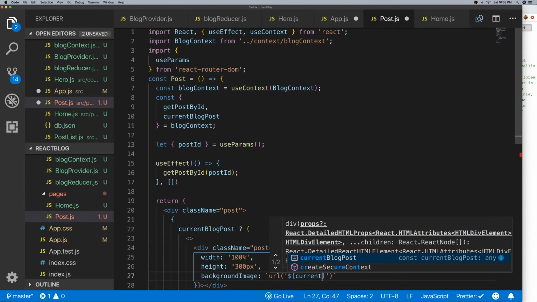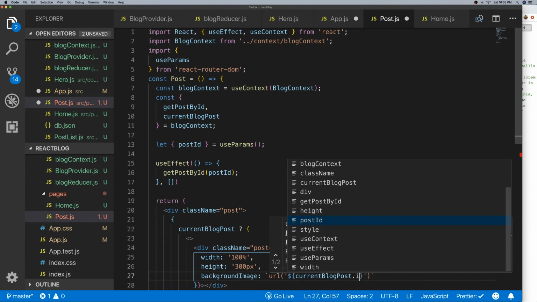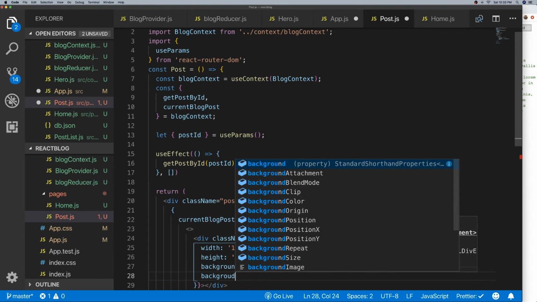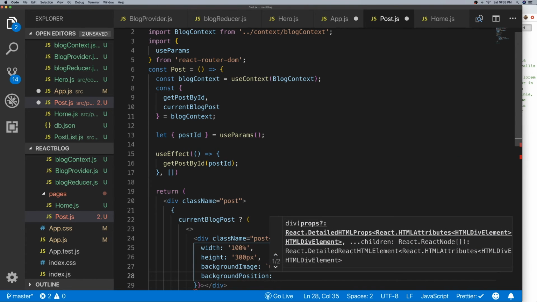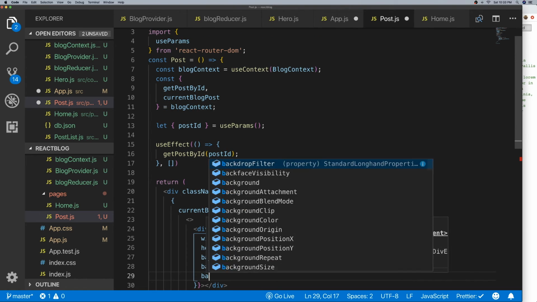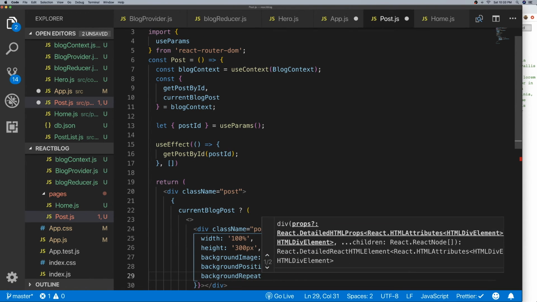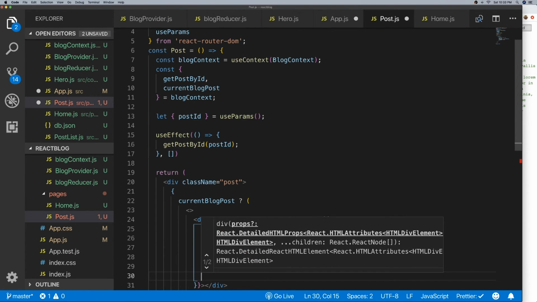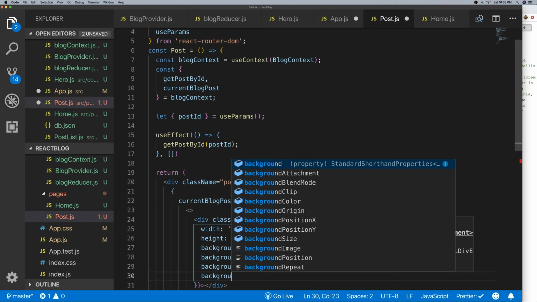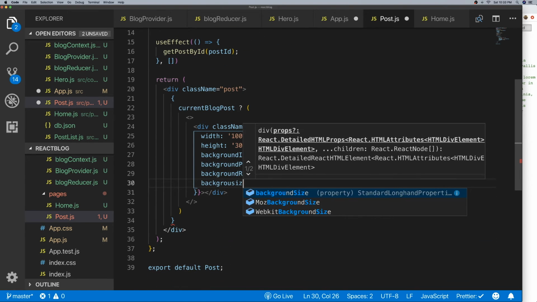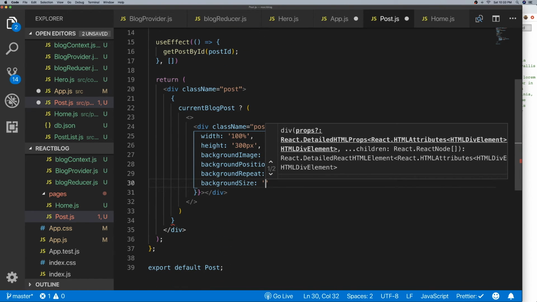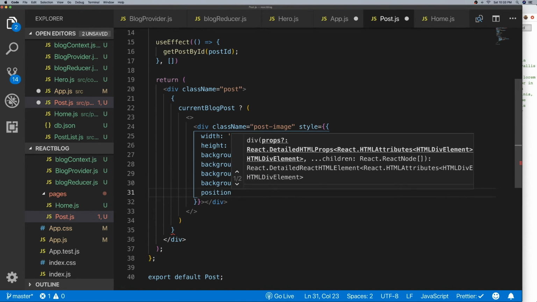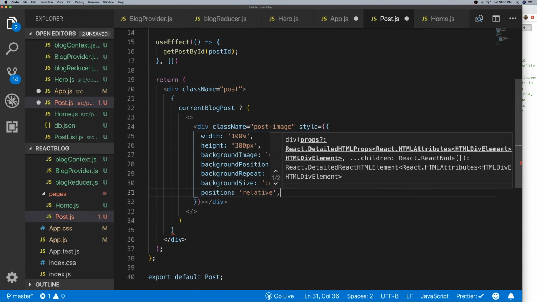So we'll be doing current blog post dot image, and then background position center, background repeat no repeat, background size of cover, position of relative,